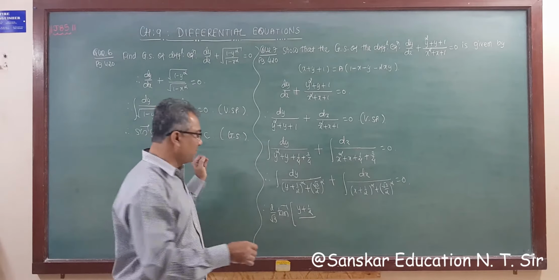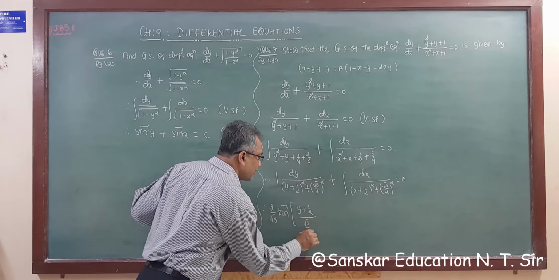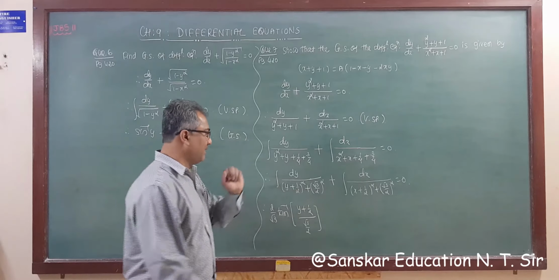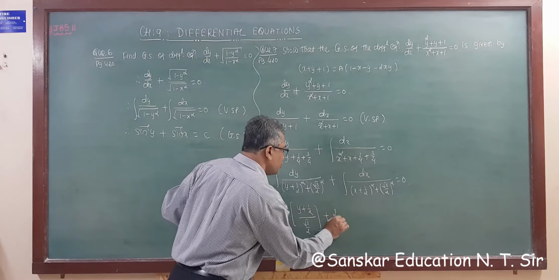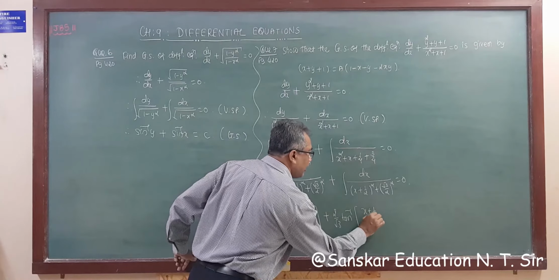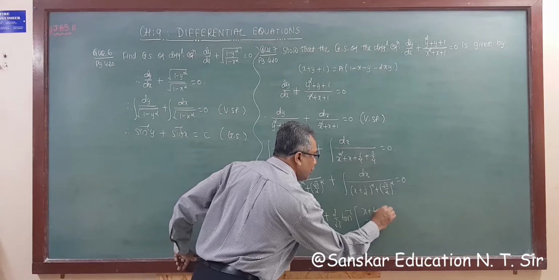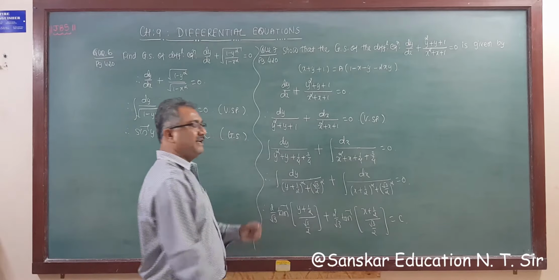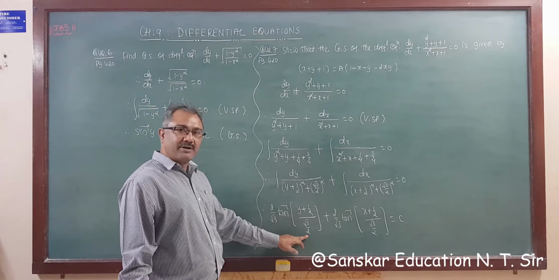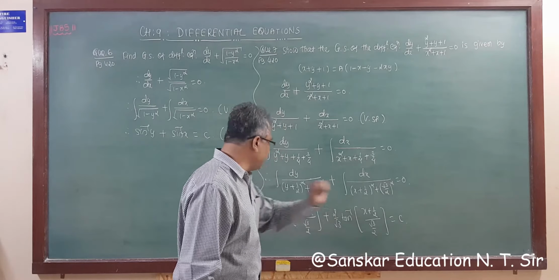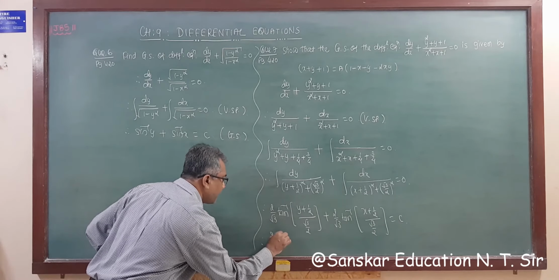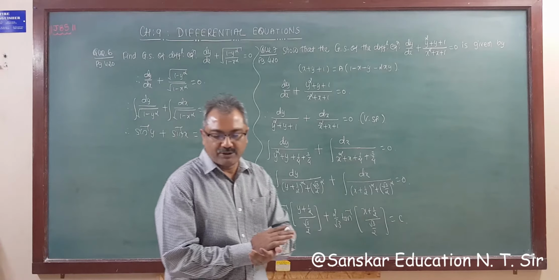I have to write this, I think, because many of you are not understanding what I am going to write. So tan inverse x upon a, x is this upon a, right? Plus, similarly here, 2 by √3 tan inverse x upon a, where a is √3/2, is equal to an arbitrary constant c. So these two will be cut, 2 will be cut if we take the LCM, and 2 by √3 is common. So I am writing 2 by √3. Got it?